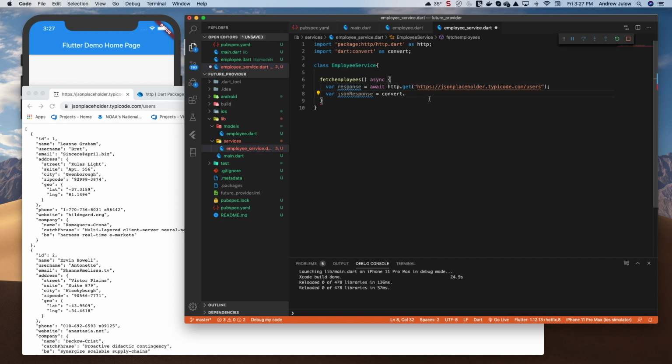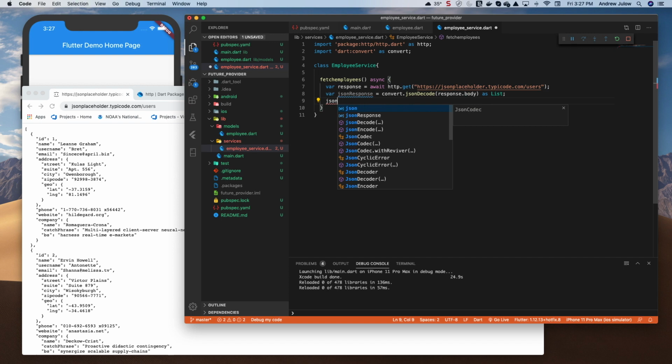And so we do JSON, or we do convert.json. That's not it. jsonDecode. There we go. response.body. And we're going to cast that to a list so we can iterate through it like that. All right, and now to convert that into a list of employees, we're going to do JSON